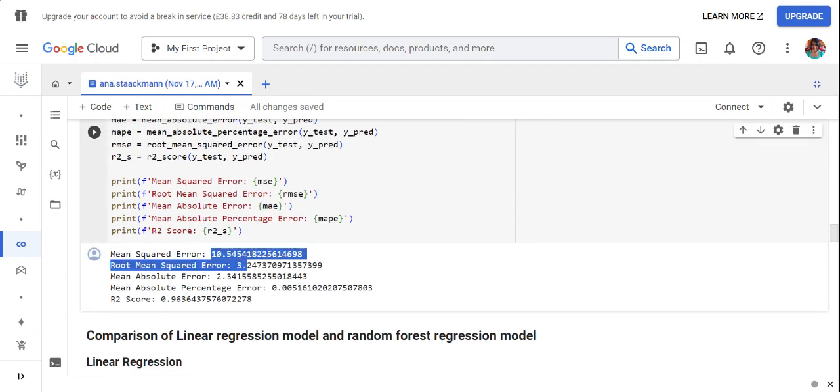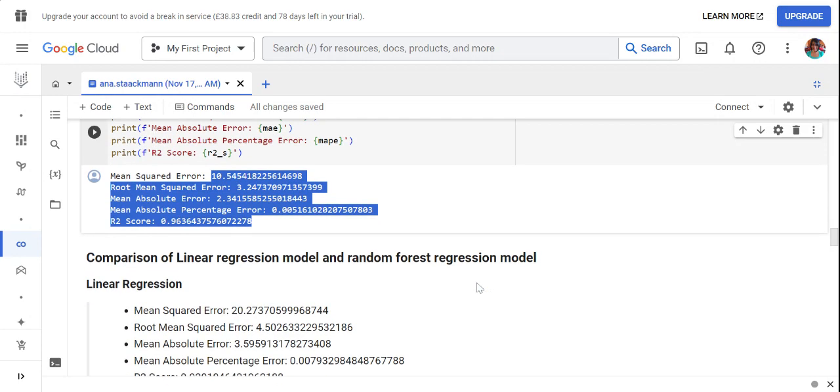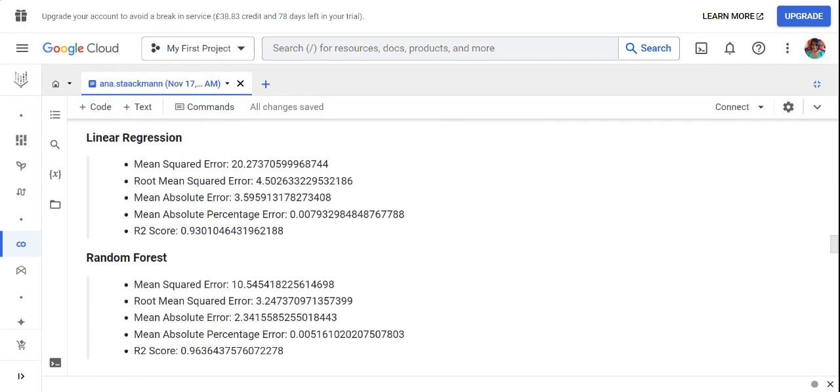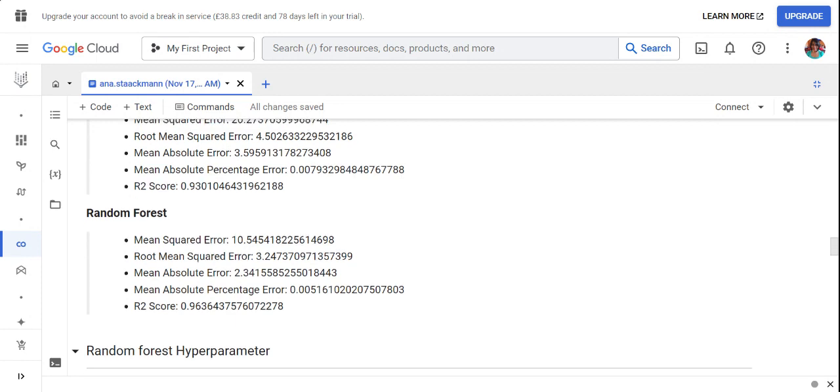So you can see our random forest performed better. As a quick refresher, here's the information in our regression model and the results provided versus our random forest regression model and the metrics. We can clearly see that the random forest regression model performed better. So we'll continue with the random forest regression as my